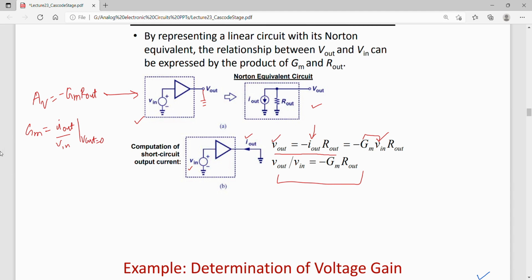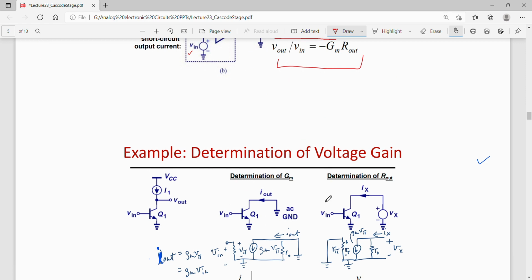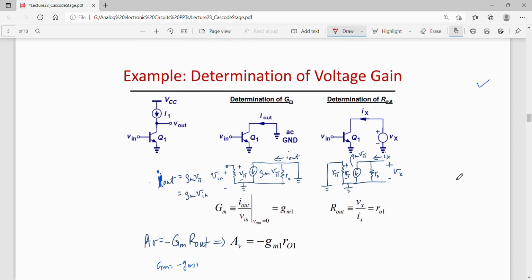So this relation I can now use for finding out the gain of the cascode. For example, let us use the short circuit transconductance to calculate the gain of this circuit. This is a common emitter configuration with a current source placed on the collector of Q1. For finding out the GM, we short the output to ground and find out I out by